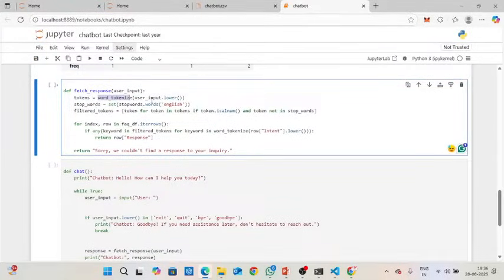and then convert it into lower format. If some person writes in capital letters, I normally convert all the text into lower format, and then we will check the keyword. After that, I create a variable, sorry, stopwords. I want to remove the stopwords. After removing the stopwords, I loaded all the cleaned data into a stopwords variable, and I created a filtered tokens variable, and then by using a for loop I can split it one by one, and also check the null values.